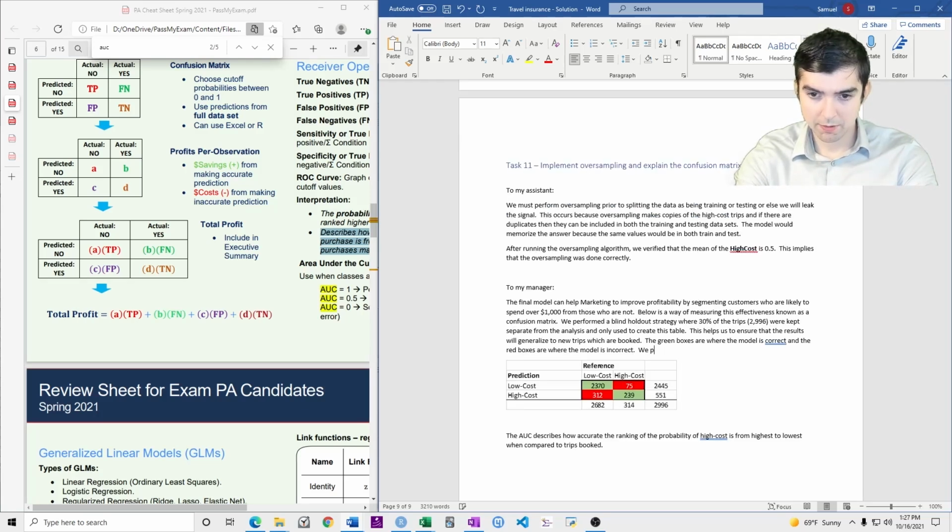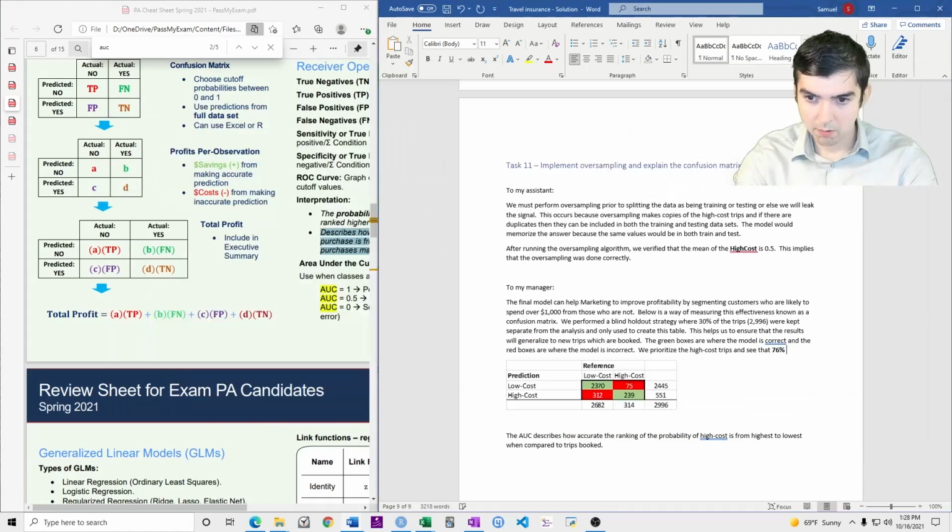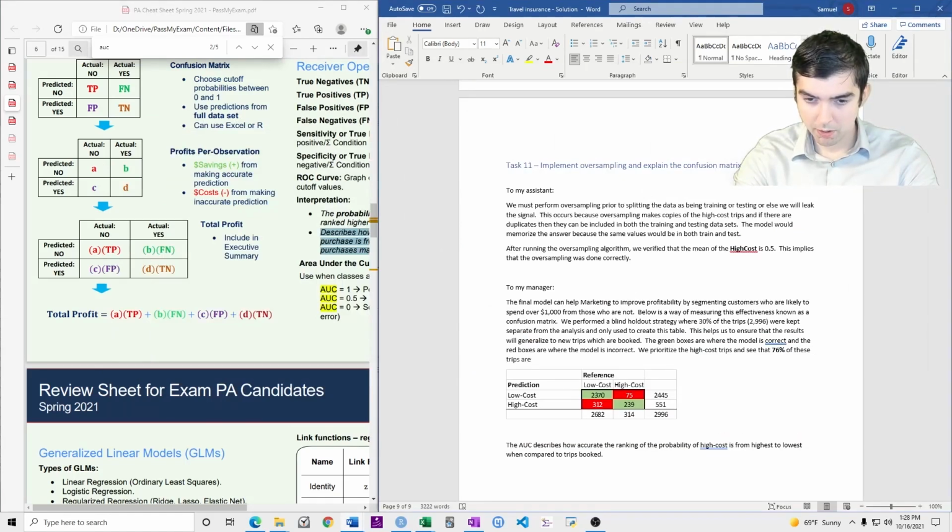We prioritize the high cost trips and see that 76% of the trips are correctly predicted to be high cost.